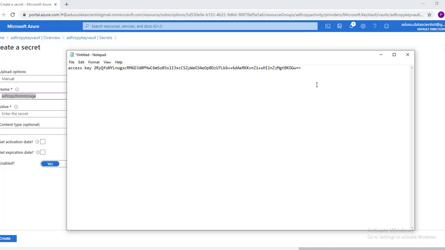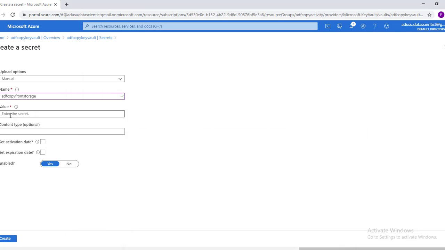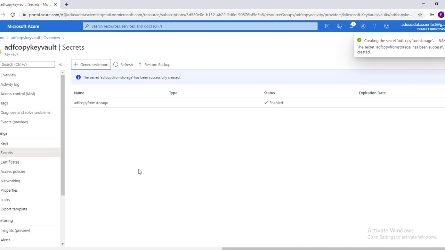We'll copy this value, which is the access key, paste it here and click on create. Azure Key Vault is a service for securely managing keys, secrets, certificates and any other critical confidential information. This is created.